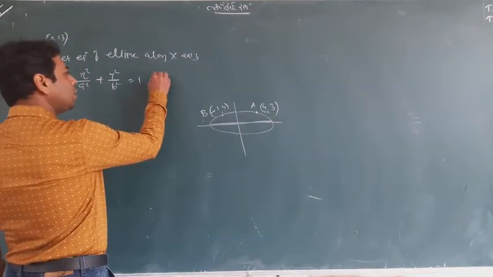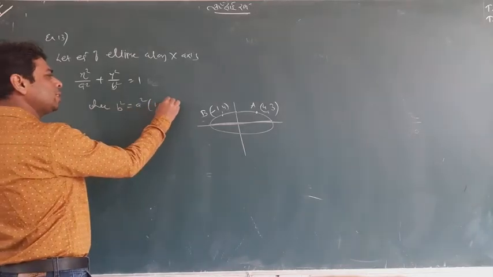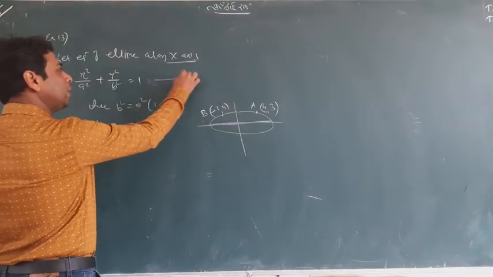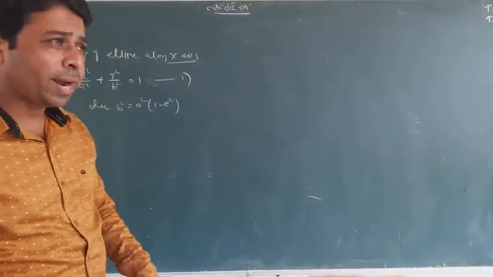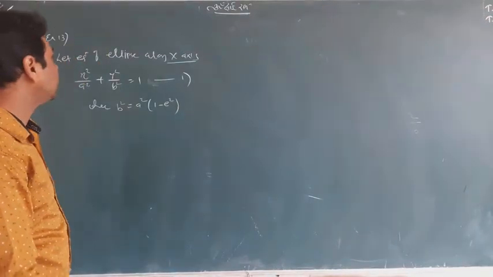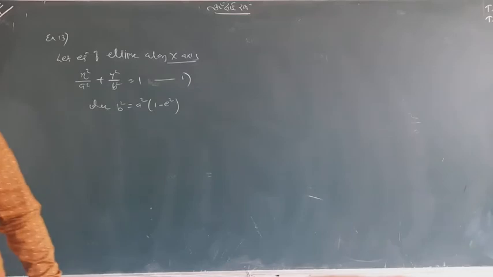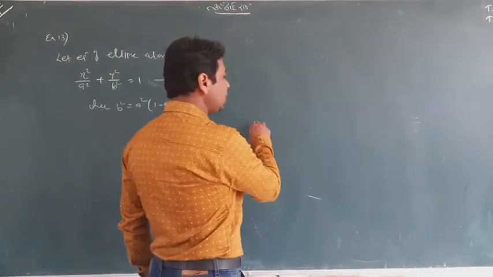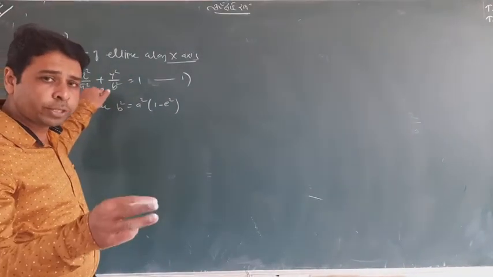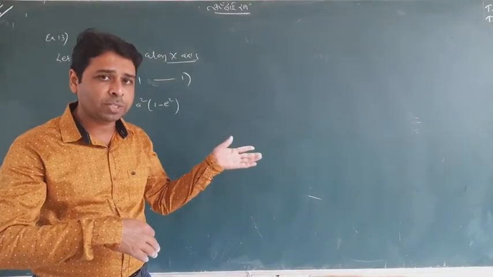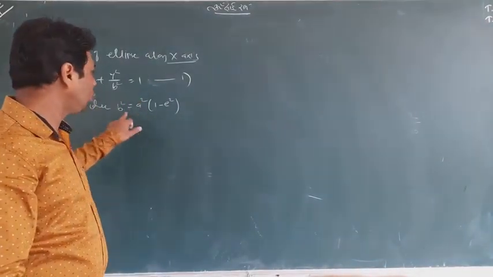So okay, I will write b square equal to a square into (1 minus e square) along the x-axis. But let me tell you that this will actually not be used to find the values of a and b. Once again, it is given that your ellipse is passing through (4√3, -1) and (-1, 4). So when it is given that your ellipse is passing through 2 points, the points will satisfy the equation, and only this we will use to find the values of a and b. We won't use this one.